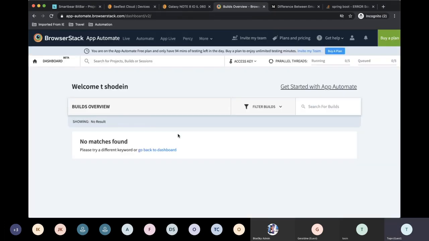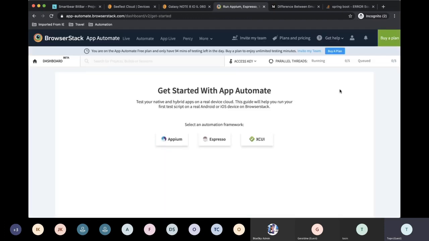So, go back to no match is found. All right. So you can see that I don't have anything queued up. Everything is clean. So if I run it from here, from my IntelliJ,